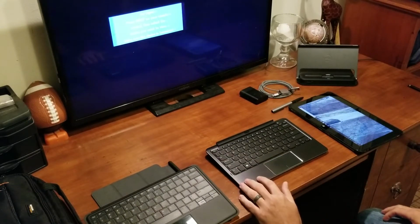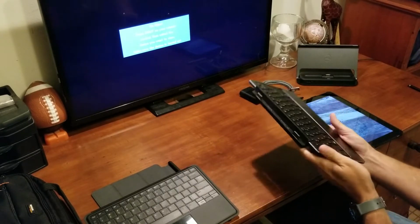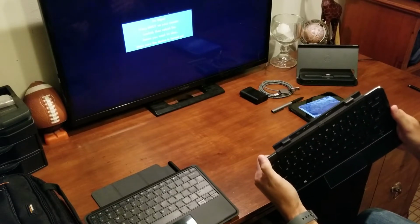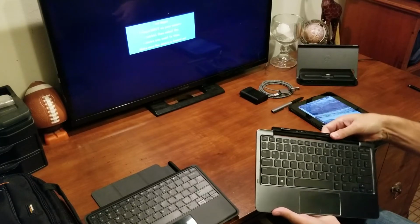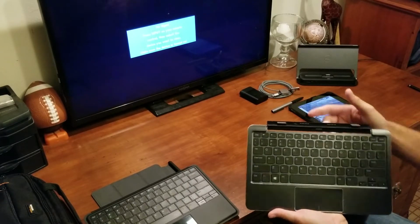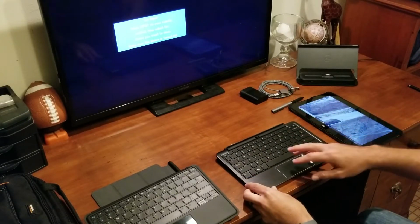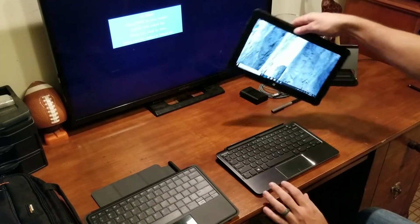This is the clamshell keyboard for use as a laptop. It does have a battery built into it that will power the tablet. It should give you an additional 4 hours of battery life. You can charge this via micro USB, or if you're charging the tablet while it's docked, it will charge both batteries. To dock this,